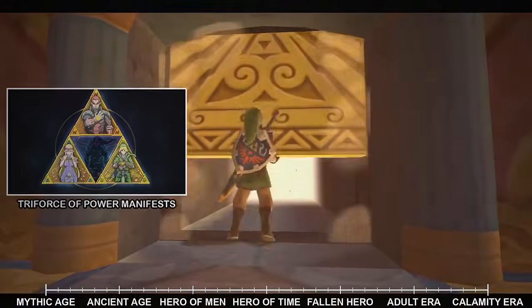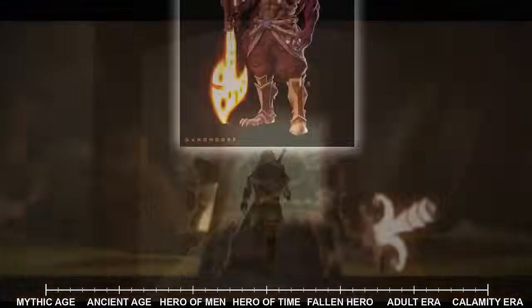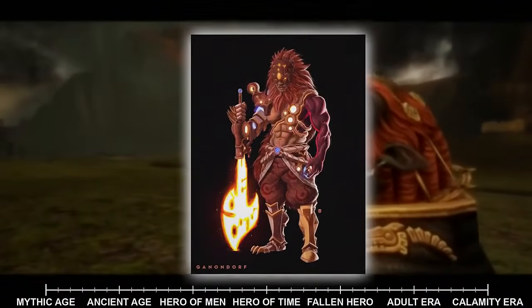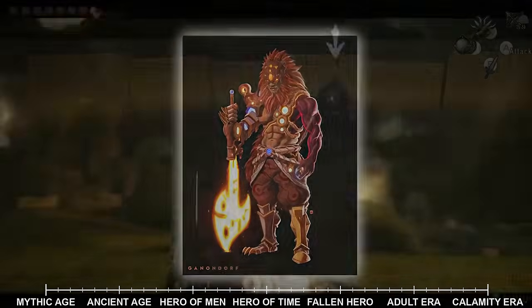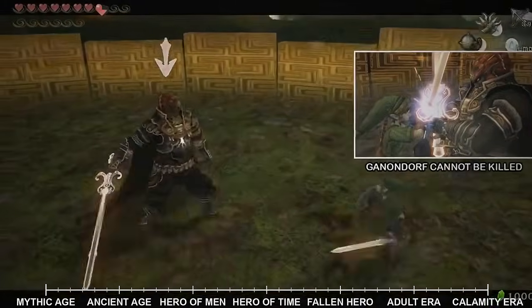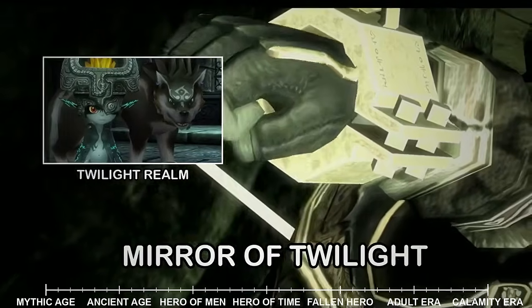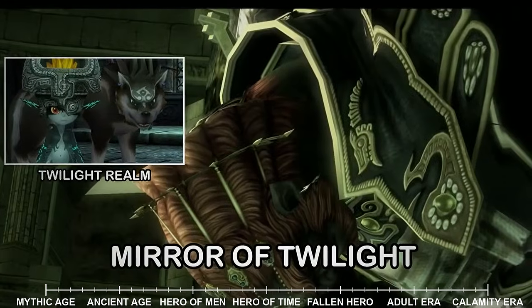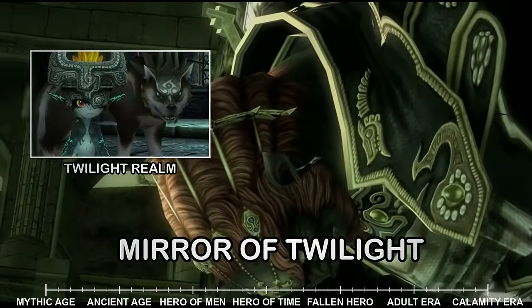The mark appeared on the back of his hand, and the divine relic's protection allowed him to survive what should have been a fatal blow. In desperation, the sages changed tactics. If Ganondorf could not be killed, he would be banished. Using the Mirror of Twilight, an artifact capable of bridging dimensions, they cast him into the Twilight Realm, a parallel